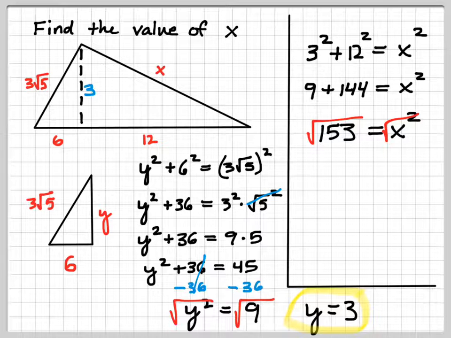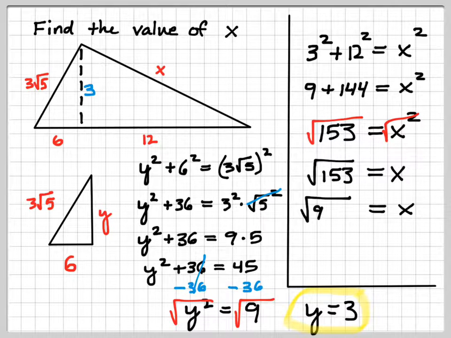Now, one thing about this is I can't leave it like this. The program won't like it because I can simplify this radical. And if I were to look through all the perfect squares, and what I mean by perfect squares are the numbers like 1, 4, 9, 16, 25, numbers that if I were to take the square root of them, they would turn out to be a perfect number. And when I do that, I notice that, oops, let me simplify here,